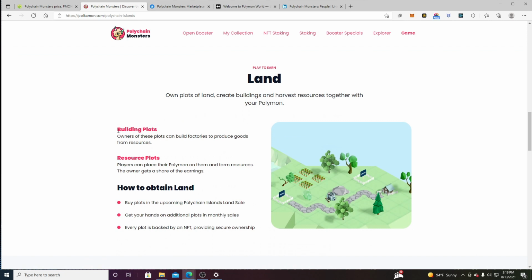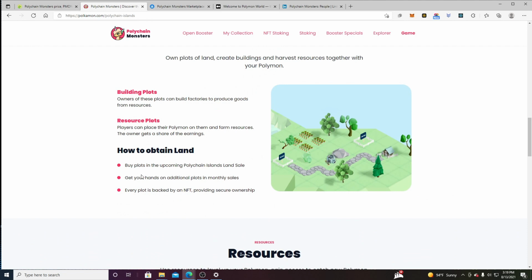So they have two types of land. They have building plots where owners of these plots can build factories to produce goods and resources. That looks like a building plot right there. And then they have resource plots, which is kind of like farmland. That's where you can farm resources and get a good yield and things like that. How to obtain this land,